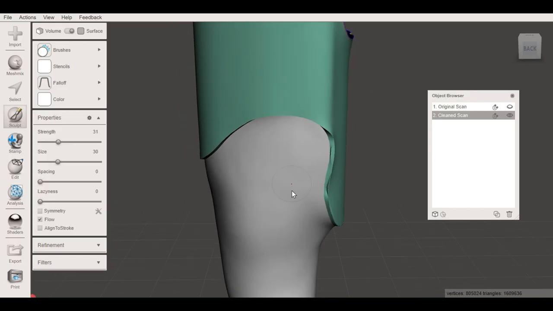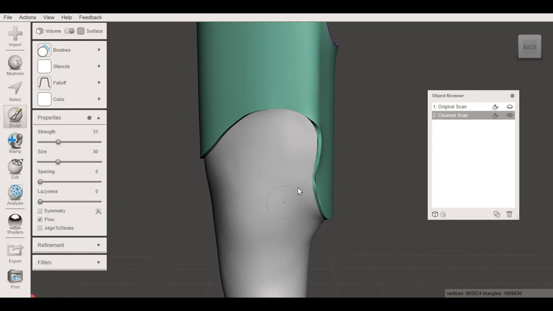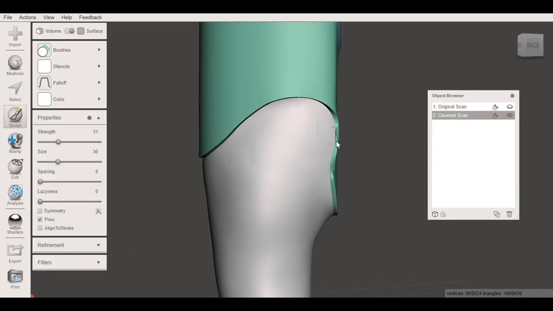We're actually lagging quite a bit, unfortunately. So I'm just going to go through this, smoothing rather slowly. Any jagged edges,